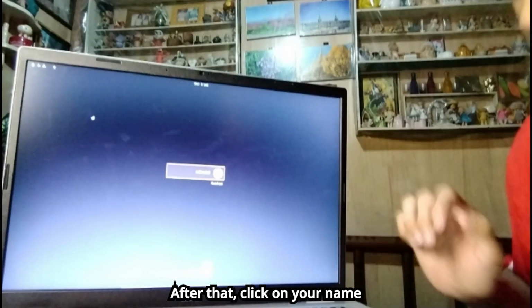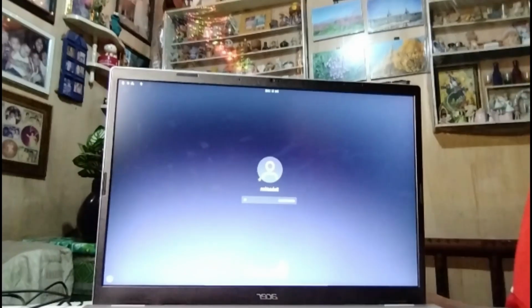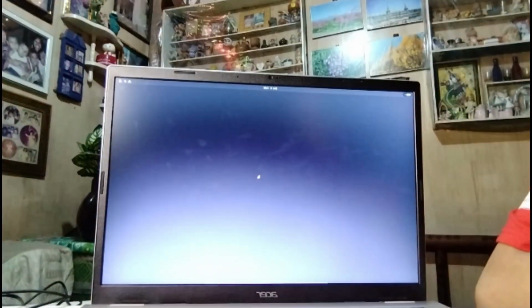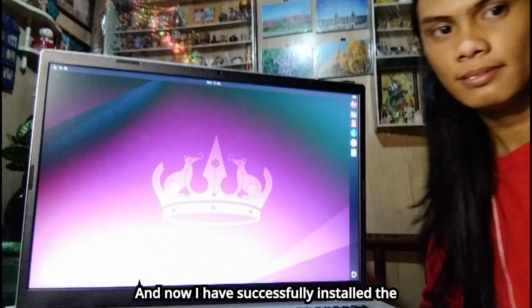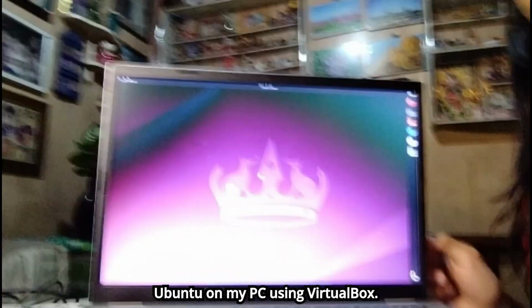After that, click on your name and enter your password. Click enter. And this is the full screen mode. And now I have successfully installed Ubuntu on my PC using VirtualBox.